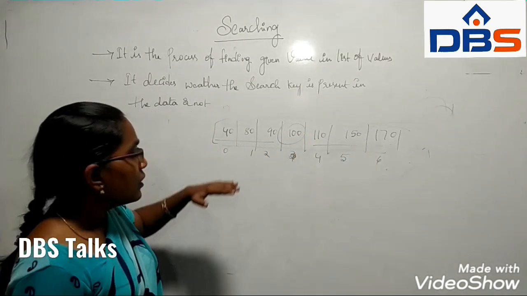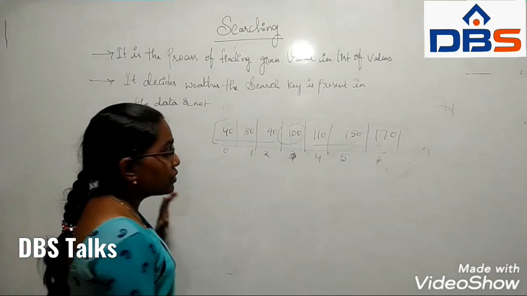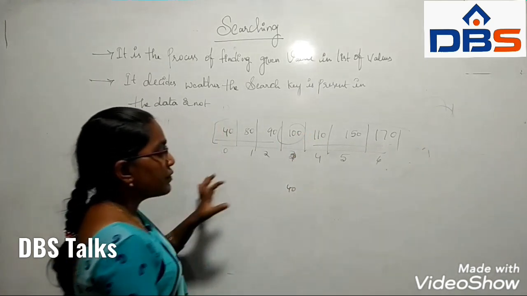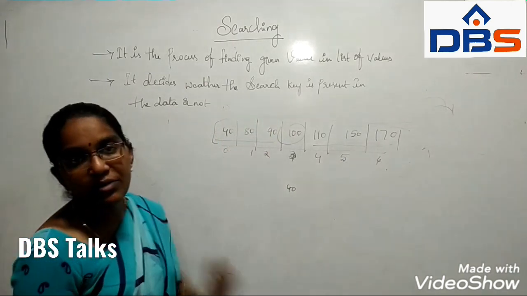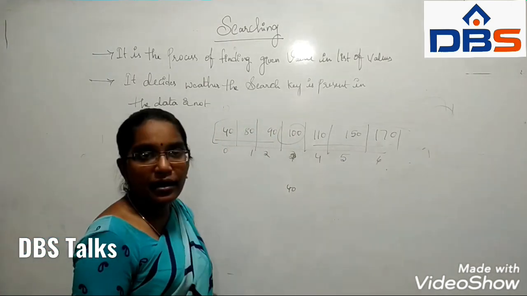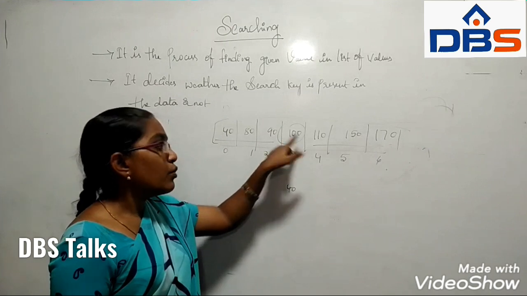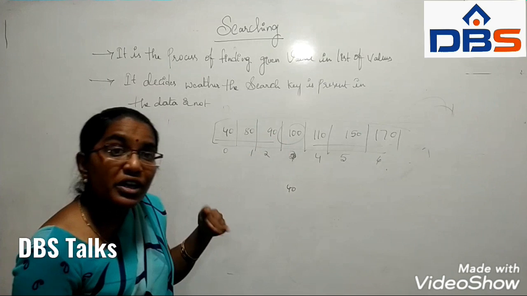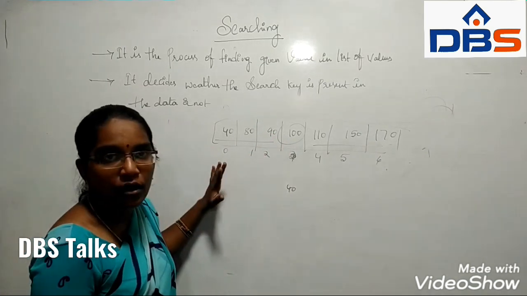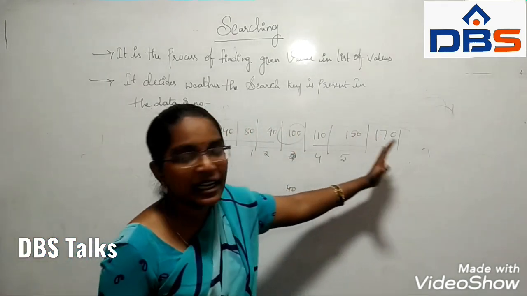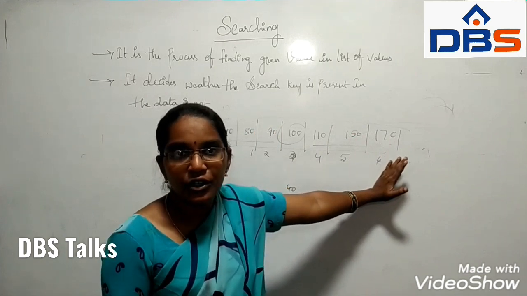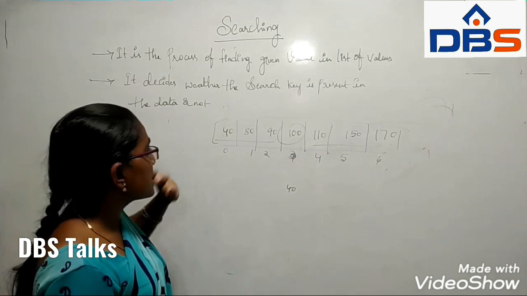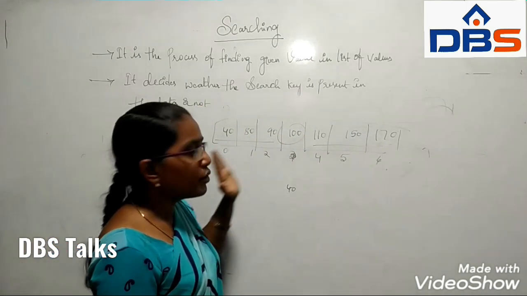If the element that we are going to search is less, suppose the element that we are going to search is 40. First of all, this 40 will be compared with the middle element. These two are compared, and by looking at that we can get an idea that 40 is less than 100. So we can check this 40 in this side. We need not check this entire list. Did you understand? The basic thing that we have to keep in mind is we have to divide.